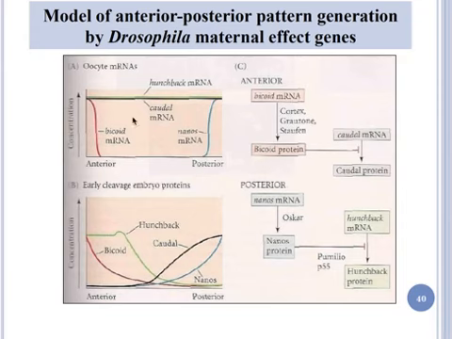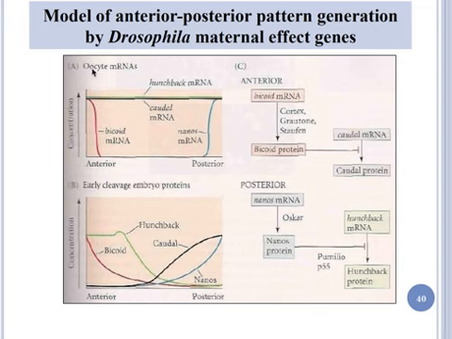In this slide, I'm showing you the model for anterior-posterior pattern formation according to the expression of different maternal genes. For example, you see in the oocyte, we have different messenger RNAs like bicoid, Nanos and Oskar as well. And we have hunchback and caudal, two maternal messenger RNAs, which are ubiquitously expressed all over the anterior-posterior axis of the oocyte. We don't have any modification along the anterior-posterior axis regarding these messenger RNAs in the